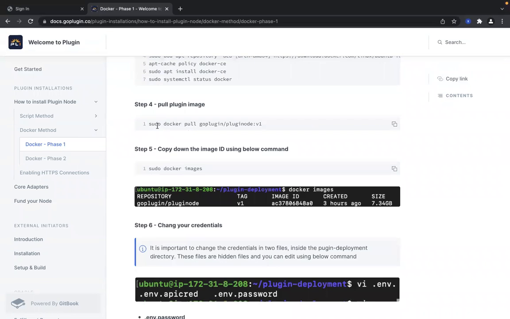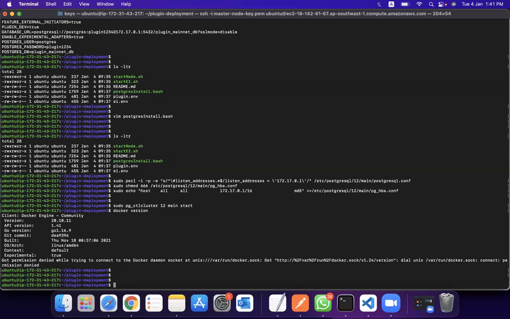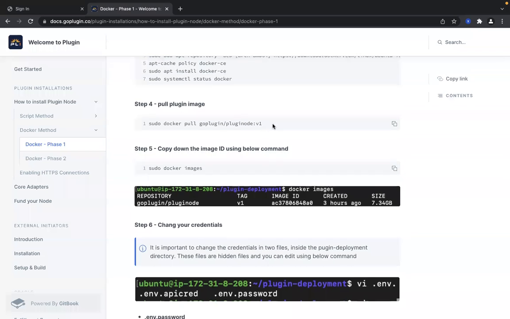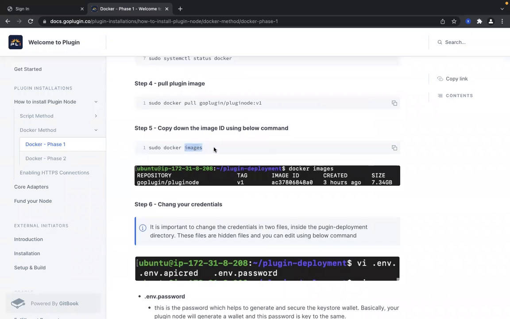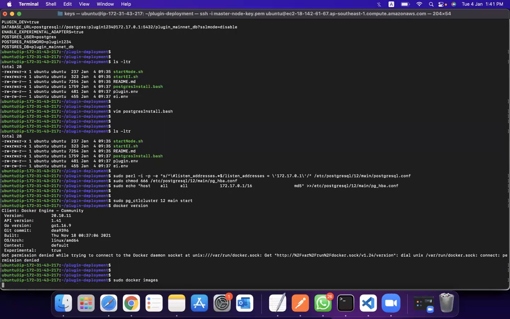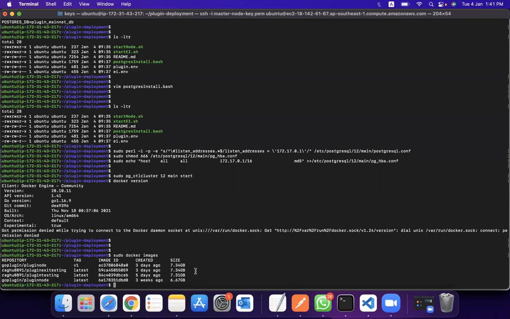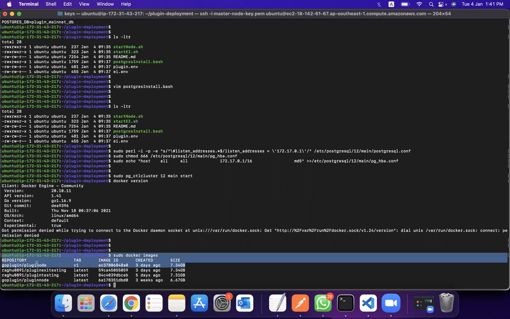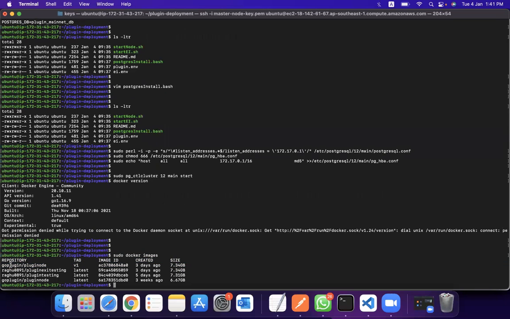The next command you need to run is docker pull go plugin node v1. I'm not going to do this because we already have this image. So I'm just jumping into this command, sudo docker images. I have a lot of images which we have built before, but the only image we need to focus on is this go plugin node v1.